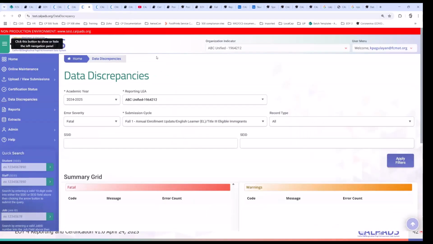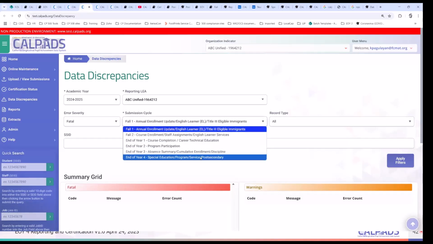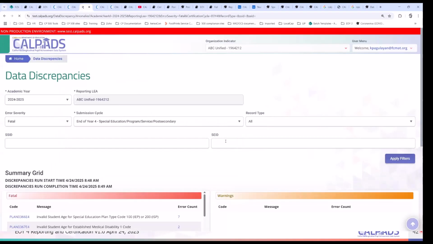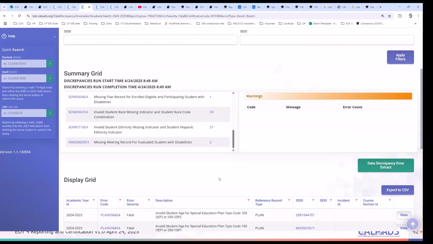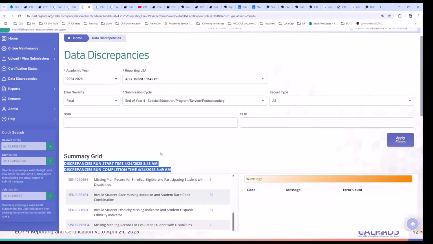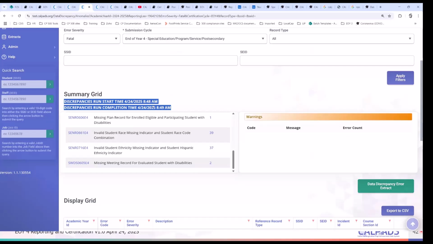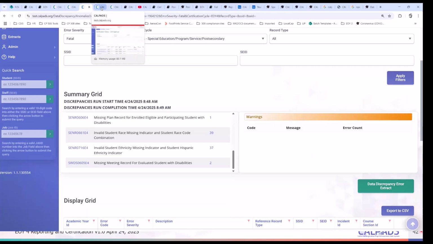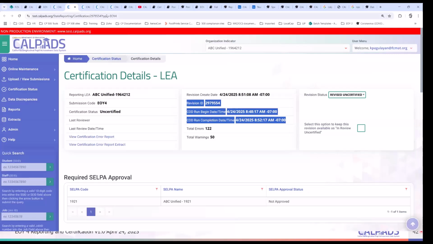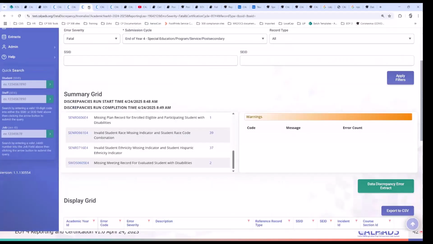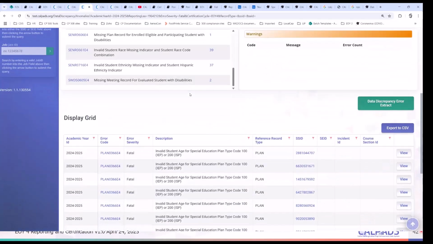The data discrepancy refreshes quicker than the snapshot revision. So any change you make here, after an hour or two, give or take, it will update and you will have a newer run start time and completion time. And if this ran and you also had a snapshot that ran, this would be representative of that refresh.